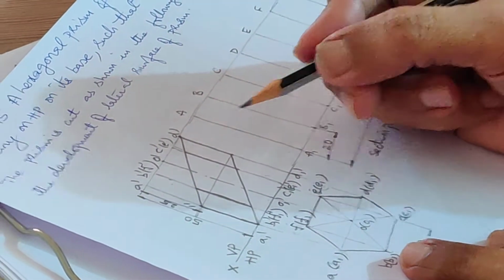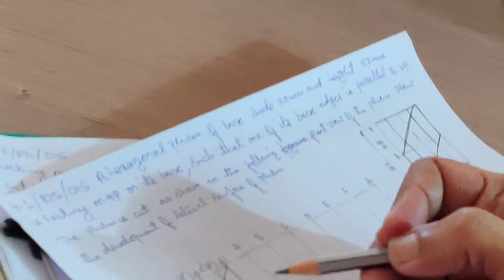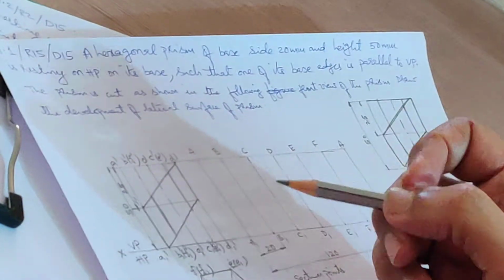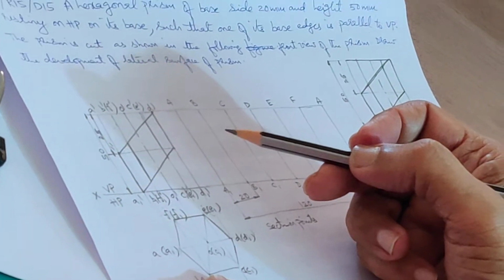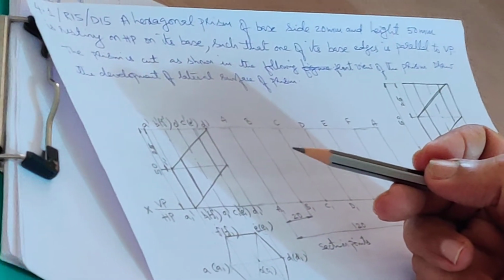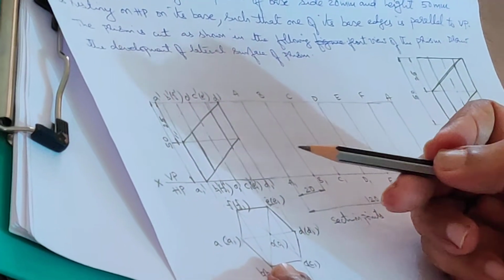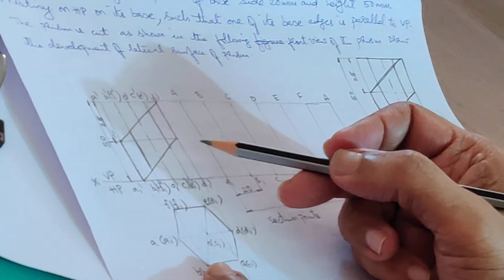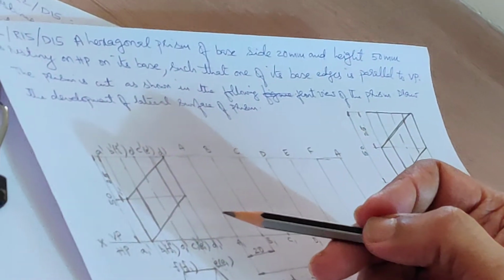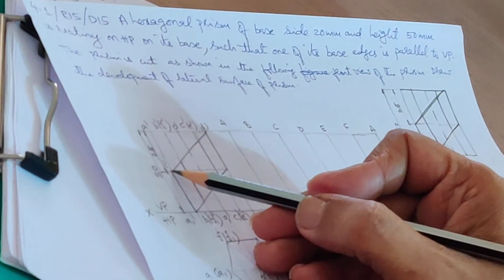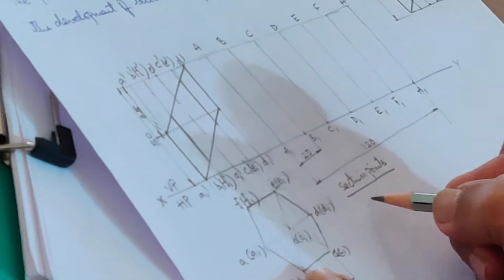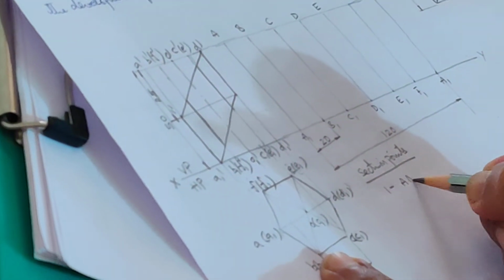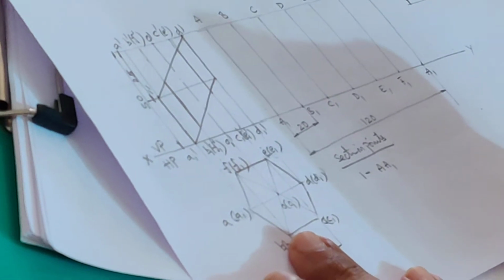Okay. There is also a rule in naming the section point. We name the section points on the visible edges first and then come back and mark the section points on the invisible edges. So first to mark the section points on the visible edges and then come back to the invisible edges. So where is point 1? 1 is on the longer edge AA1. So I am just marking here 1 on AA1. AA1 is the longer edge.